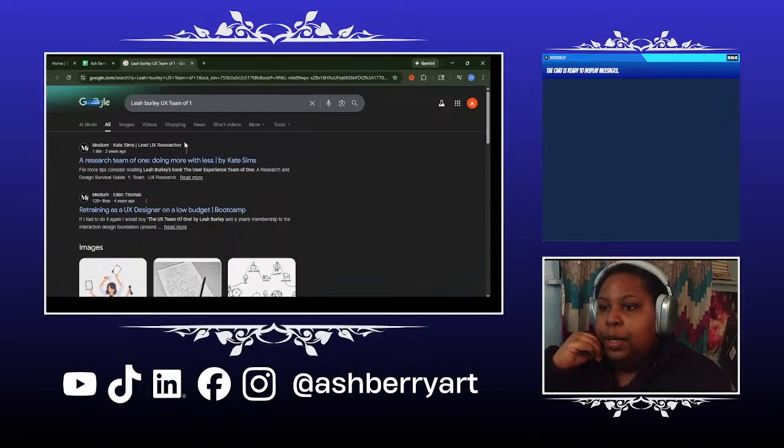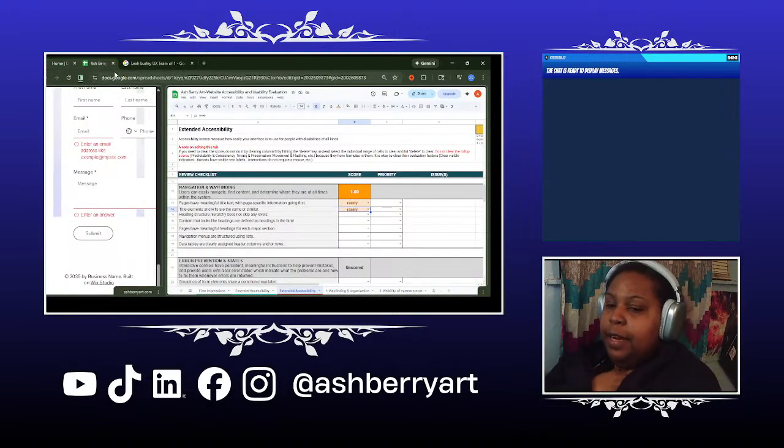Leah Burley's book, UX Team 1, which I've read. I still go back to it and reference it all the time. It's used basically for research. And also, to be fair,